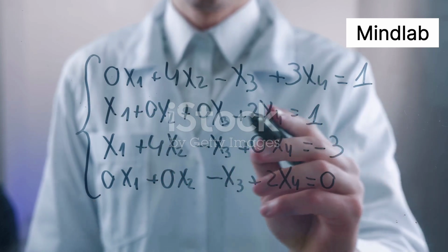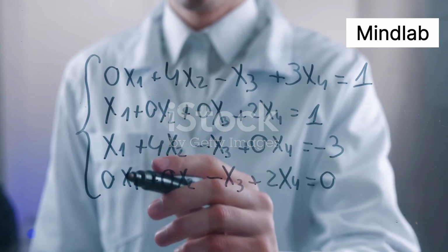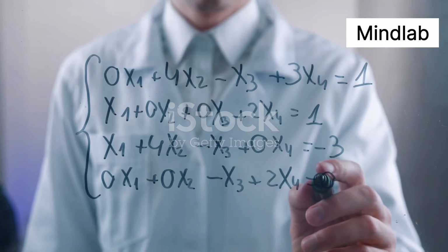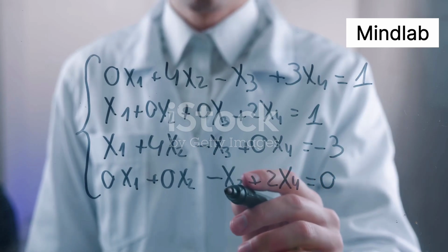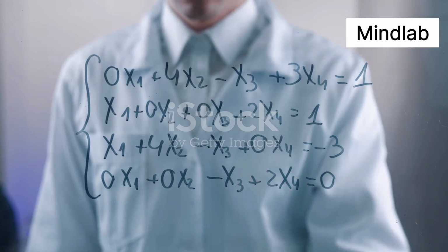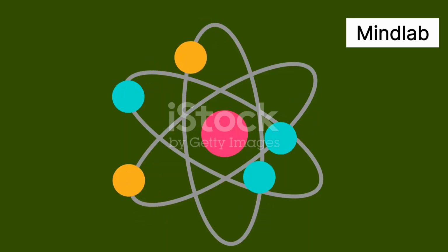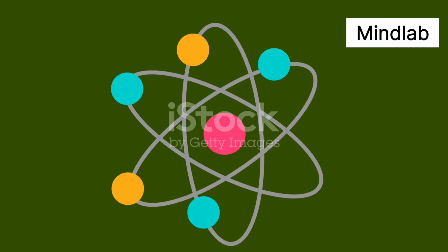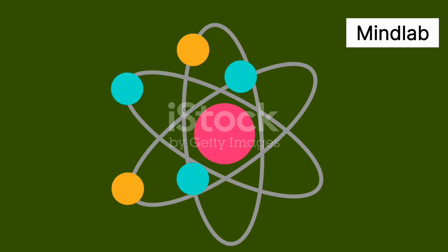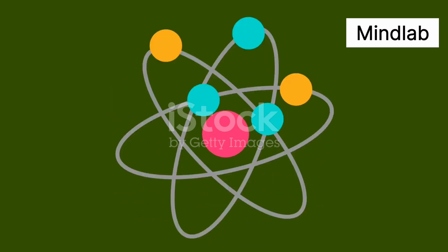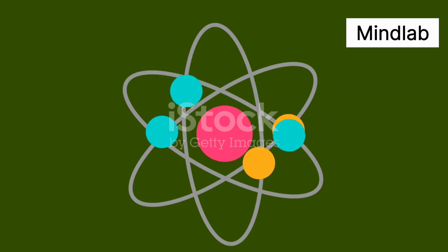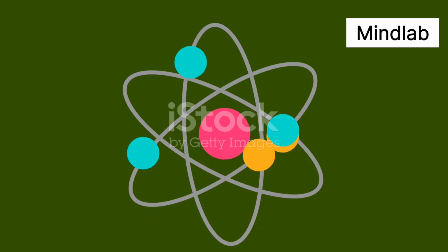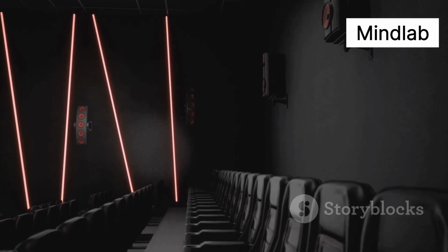There's a quantum rule that shapes the very fabric of matter, one that determines why the world is the way it is. It's called the Pauli exclusion principle, and it's one of the most fundamental laws in all of physics. This principle states that no two electrons can occupy the same quantum state in the same place at the same time. In other words, each electron in an atom must have its own unique set of quantum numbers, like a cosmic fingerprint.